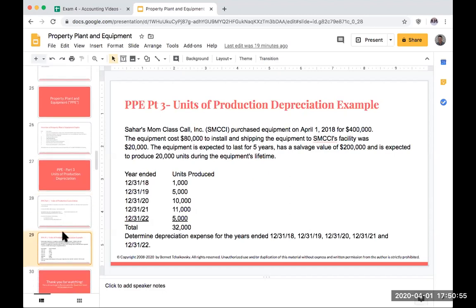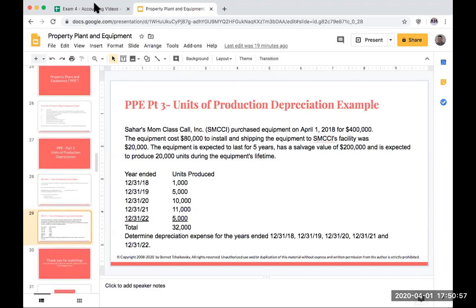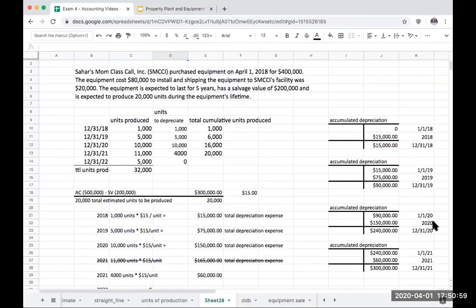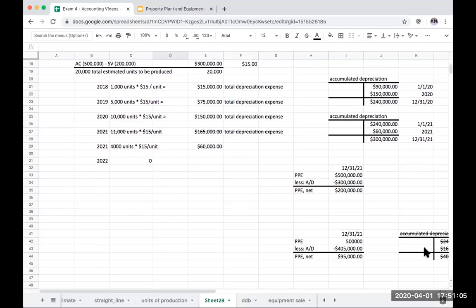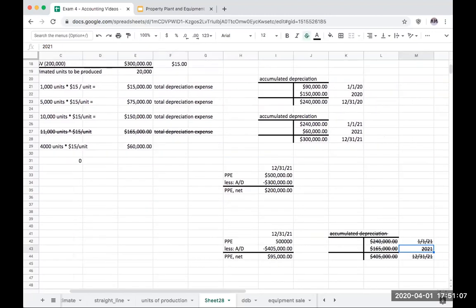And so over here is our results. And again, if you think about it, that's why we had to stop, because if I kept on depreciating, my net book value, which is my property, plant, and equipment minus my accumulated depreciation, would fall below the salvage value